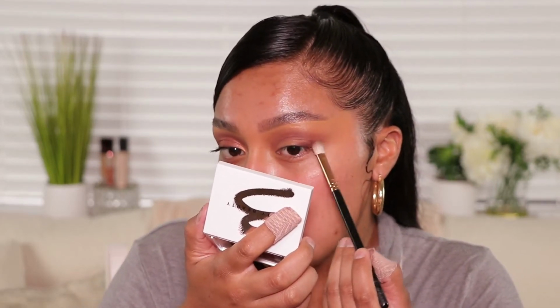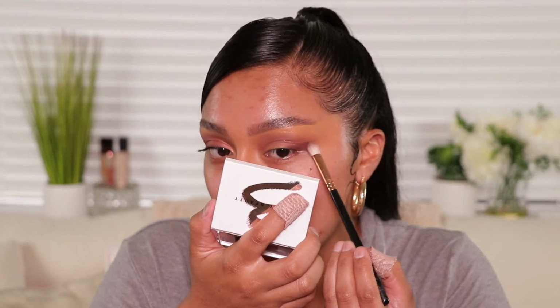So I want it to stop about right there. And now I'm going to go ahead and just fill that in there like that. It's already coming together. Look how cute. And my AC decided to come on, so